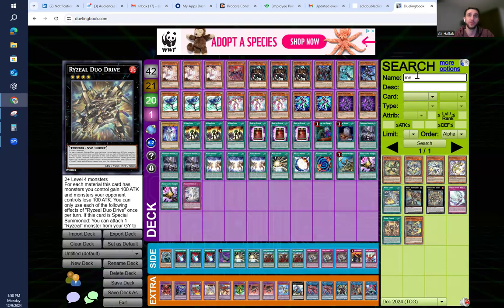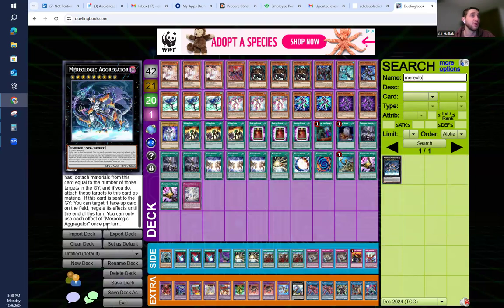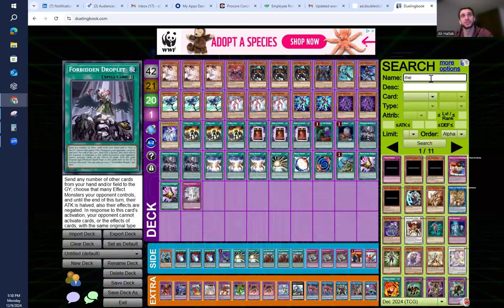So let's take a look at Mirror Logic aggregator. Yeah, if this card, oh no, you can only use each effect of Mirror Logic aggregator once per turn. Okay, so it is once per turn. I was incorrect there. So what I would do if I landed on DPE, and again, just talking theory here,